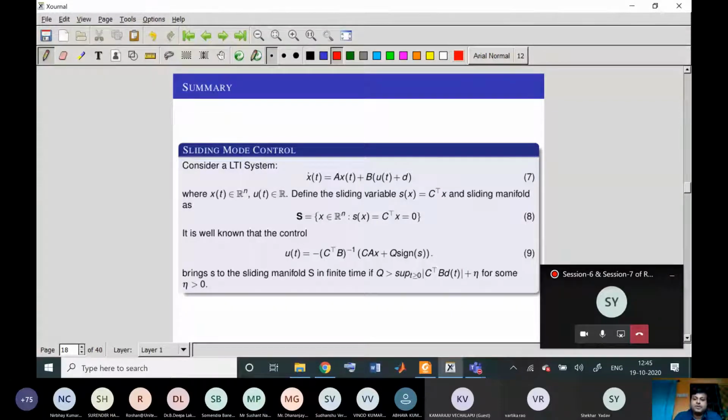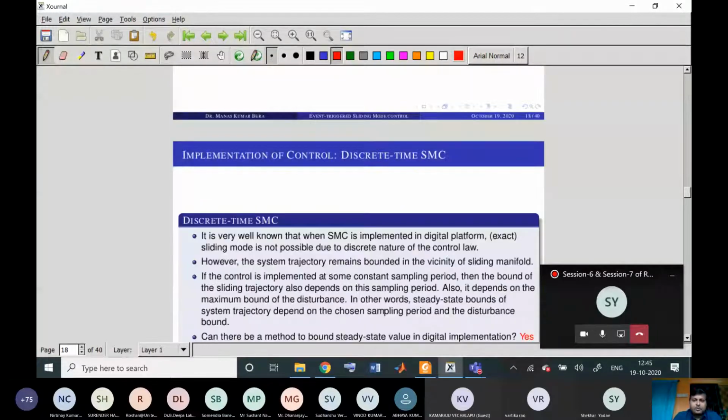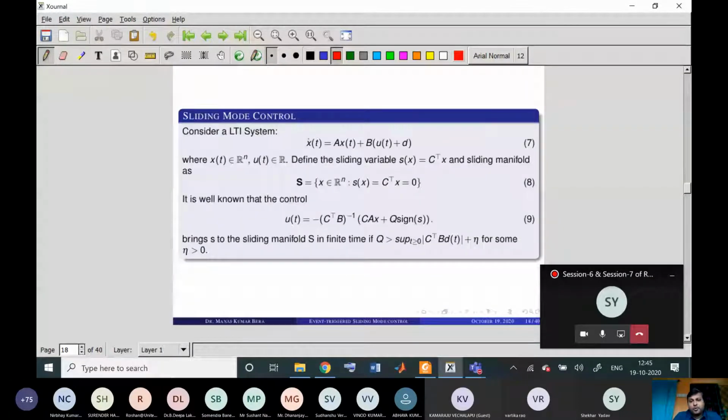That's why C transpose B dt. Okay, that is the modulus of that plus eta. Eta is some value greater than 0 to ensure the eta reachability condition. So now you try to think about how we want to implement this control law 9 with the sampled version